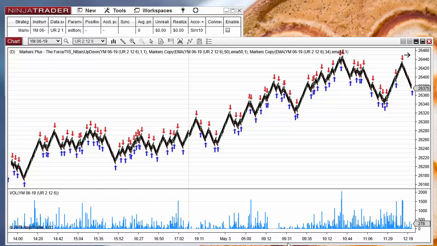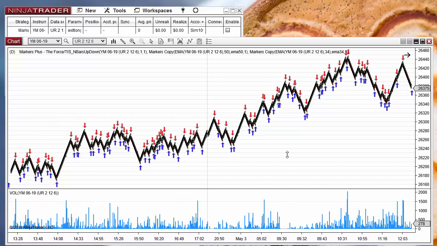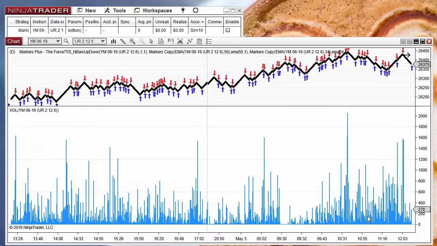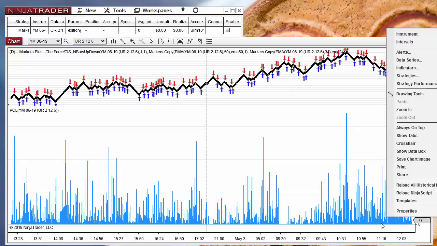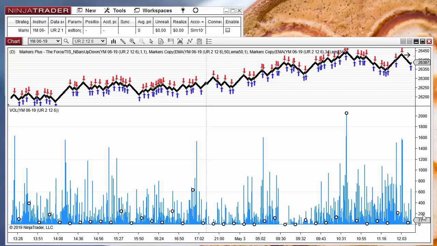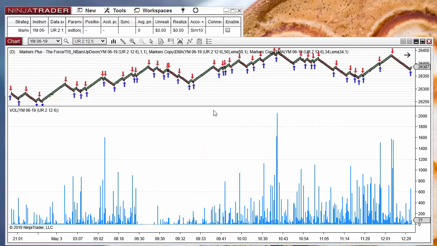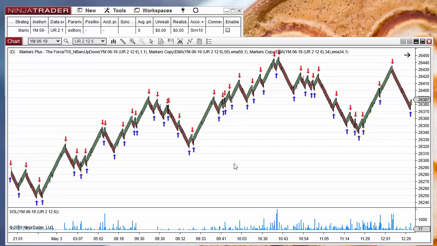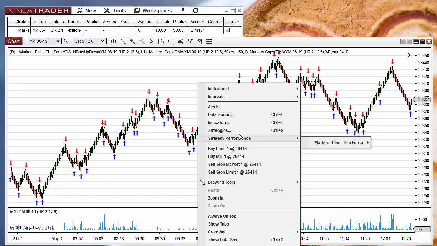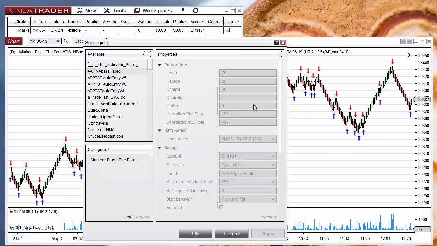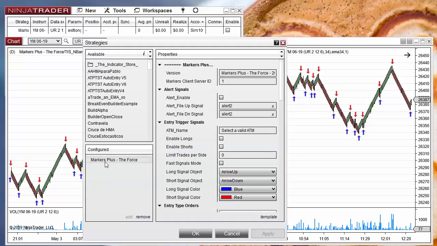And I want to trade only if the volume is bigger than, for example, I don't know, 50. I don't need to copy the volume because this is an internal variable, so I only go to the strategy and on the filter